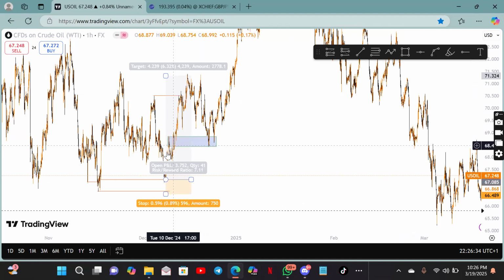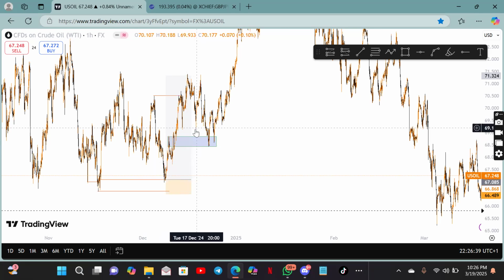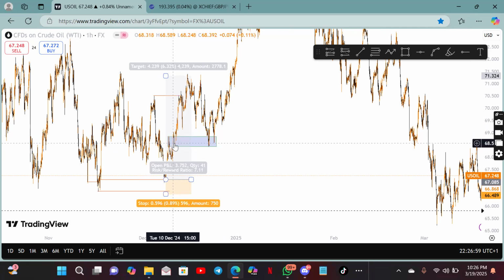This is a breaker block move. And the breaker block, are you seeing it? If you can spot the liquidity, I promise you, if you can spot the liquidity in any trade, you will keep getting trades. Once you see liquidity, the next thing is to look for the POI next to the liquidity. And this is the breaker block next to the liquidity.